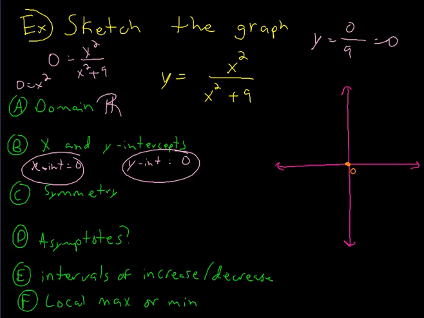For example, the asymptotes are really useful for me. So if I want to find asymptotes here, I know there's no vertical asymptote because you can't make the denominator 0. However, there's a horizontal asymptote. How I know this is, if I look at the limit as x approaches infinity of this function,